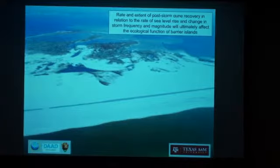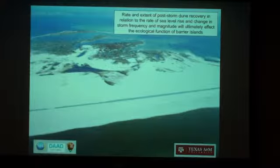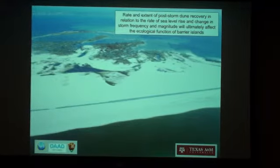So look at this from the idea of the vegetation recovery. Ultimately it depends upon the rate at which that island can recover relative to the frequency and magnitude of the storms that are going to come through. So if you have an increase in the frequency or magnitude of storms, or a rapid increase in the relative sea level, then the ability of the dunes to recover to a sufficient height and extent is going to be lost. And therefore, the island is going to go through substantial change, and there's a potential to lose some of